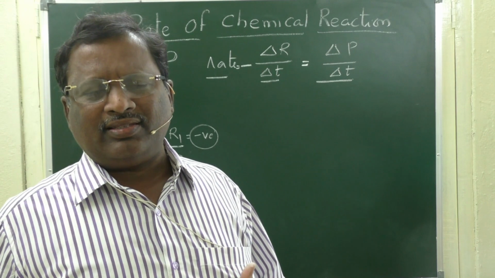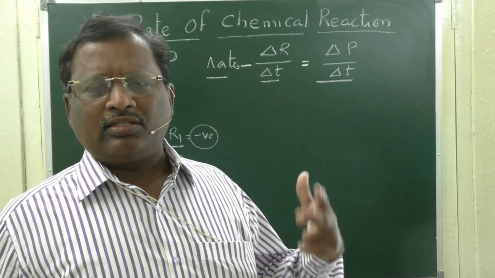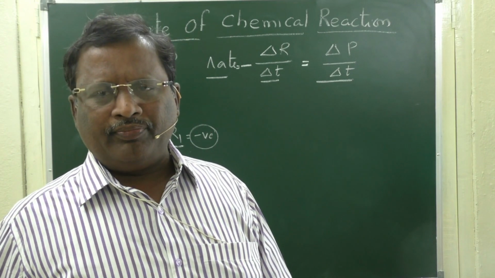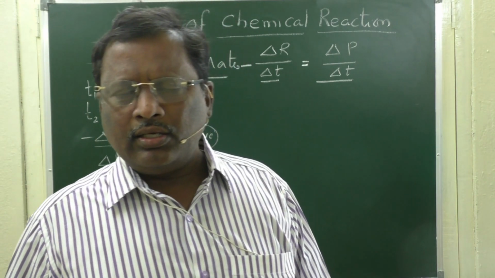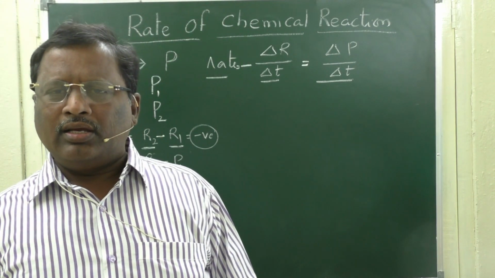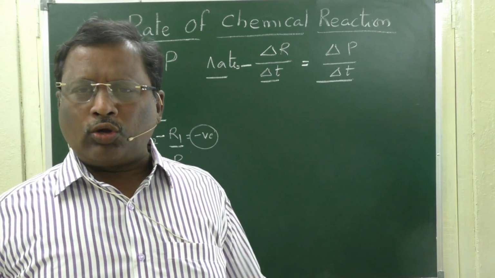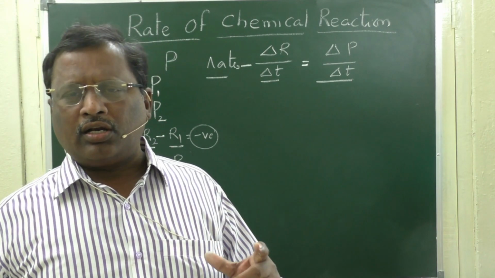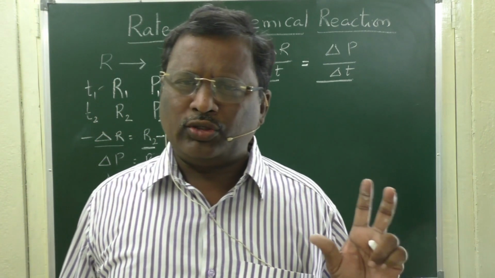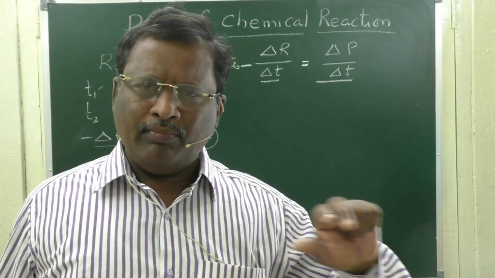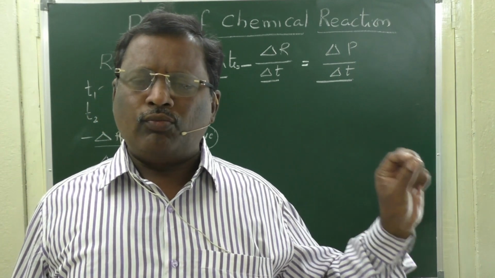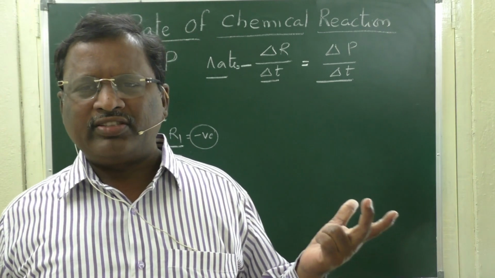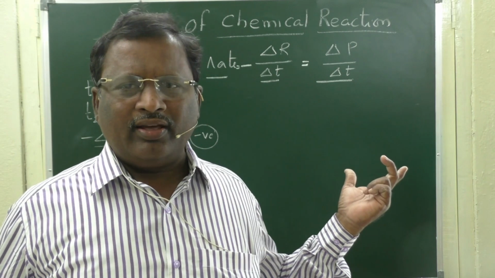So how to express the rate of the reaction based on the stoichiometric equation of a given chemical reaction? Here we have certain variations while expressing the rate mathematically. That is, it depends upon the coefficients of the stoichiometric equation. For example, if the coefficients are the same on both sides, both reactants and products, because the same number of moles are involved and the same number of moles are formed, in such cases we won't face any problem to express the rate.